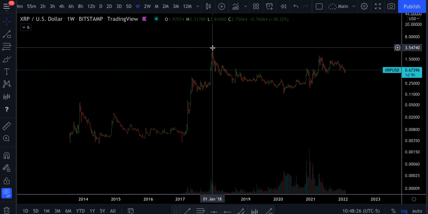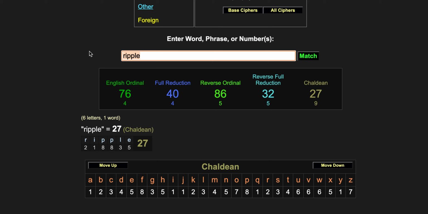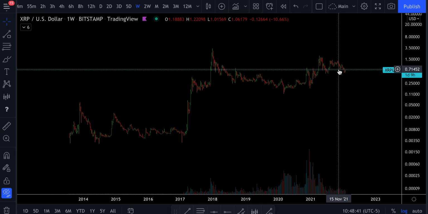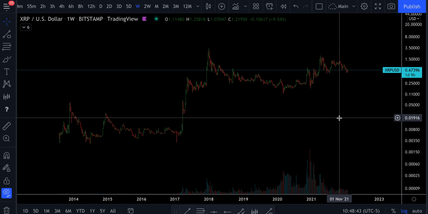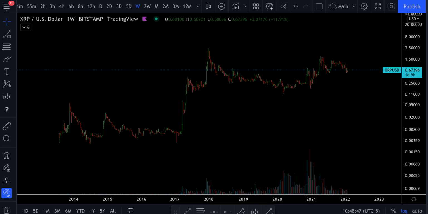And of course, the all-time high was happening on the 4th day of January, which is the 1-4 date, and 14 shows up in XRP. So it's like a no-brainer. You could just use the basics of the code to have been able to determine that that would be an impactful day. But anyways, now what I'm thinking about that's pretty interesting is this time frame of around May 7th,